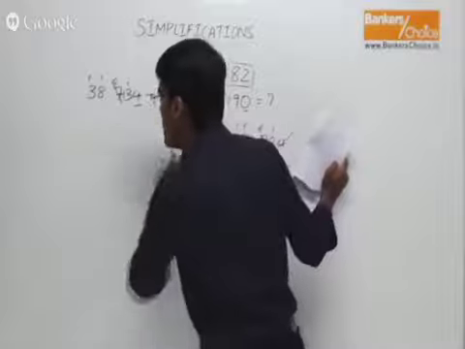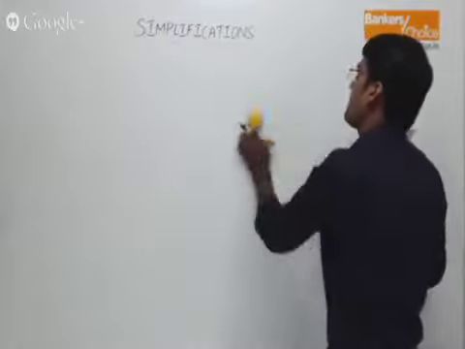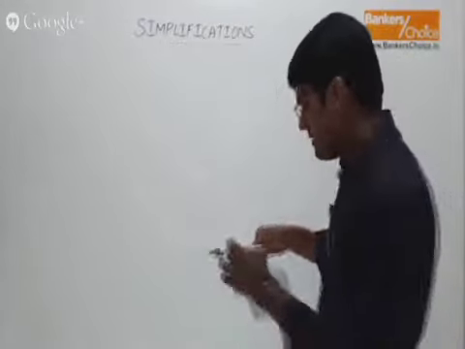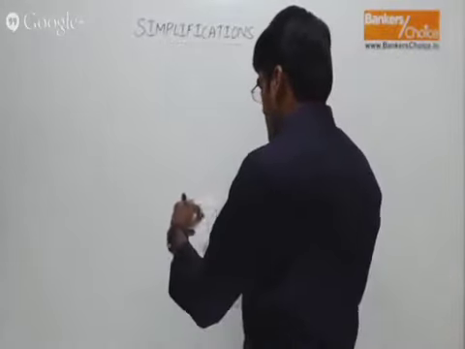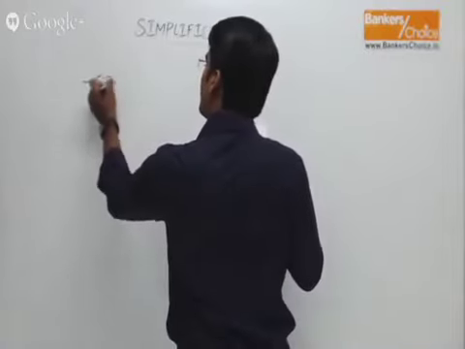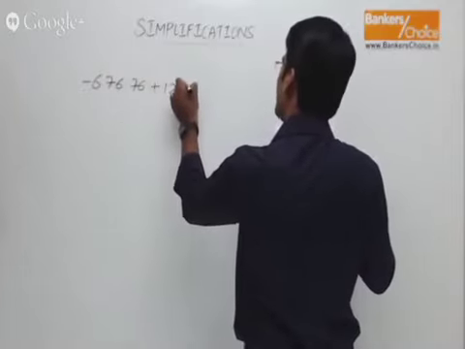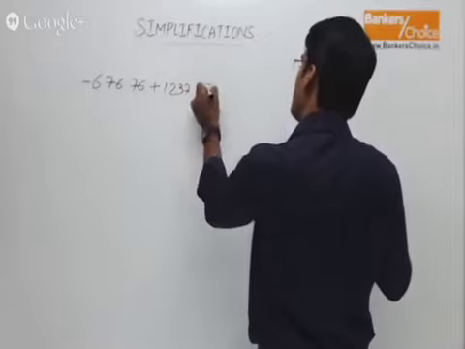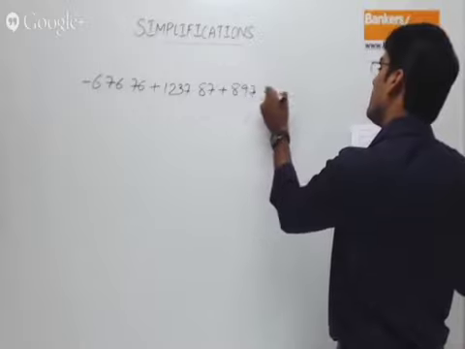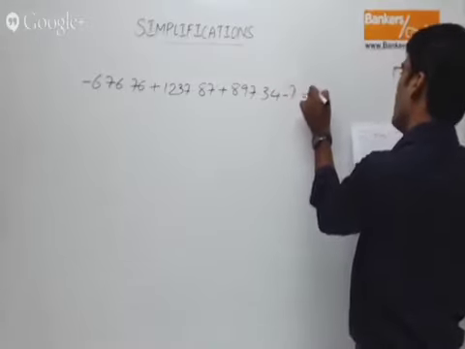I'll give you one more question from the workbook. Quickly solve that and then we'll take up the next one. Let's look at this. It says minus 676.76 plus 1237.87 plus 897.34 minus question mark should be equal to